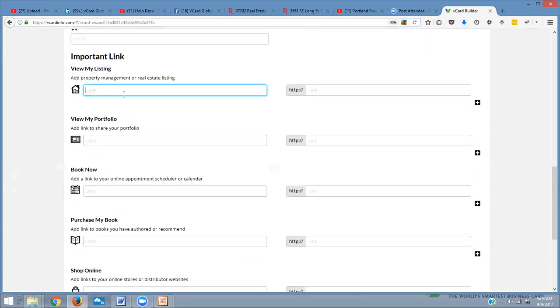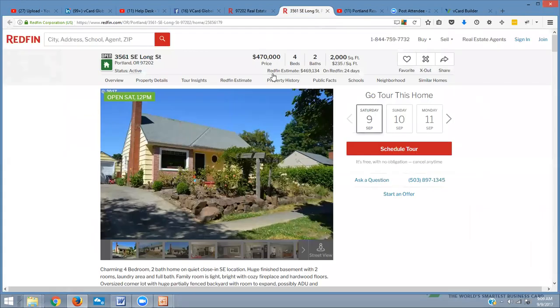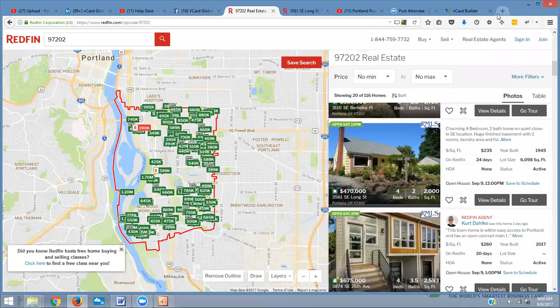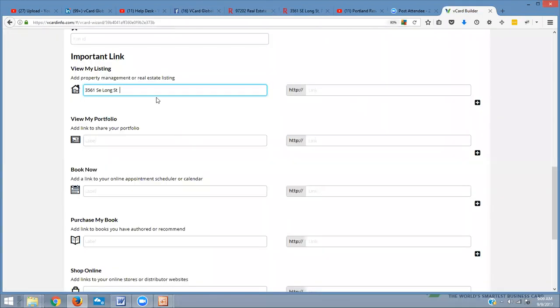We're going to add some important links today, especially because this first one is great for real estate agents and property managers. So I'll show you something that I have seen done quite a bit by real estate agents. If they have a bunch of active listings, what they'll do is they'll write down maybe the address. So I've got one here. It's a 4-bedroom, 2-bath, and I might just go back over here. So they'll put down like maybe the street address, and then they'll say